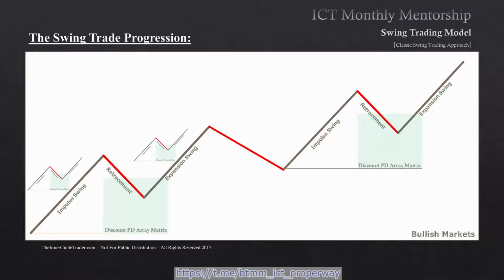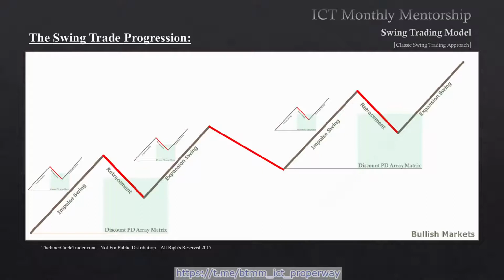The expansion swing that occurs later in this example. Inside that expansion swing, the same thing is seen if this is a daily chart. We're looking inside that expansion swing. Inside that, on a daily chart, because price is fractal, you would see subsequently smaller price swings: an impulse swing, retracement, expansion swing. And the impulse swing that occurs on the right side of our charts here, inside that impulse